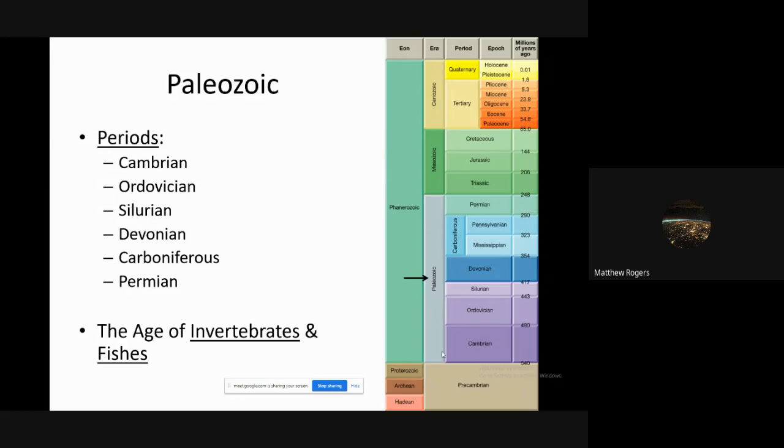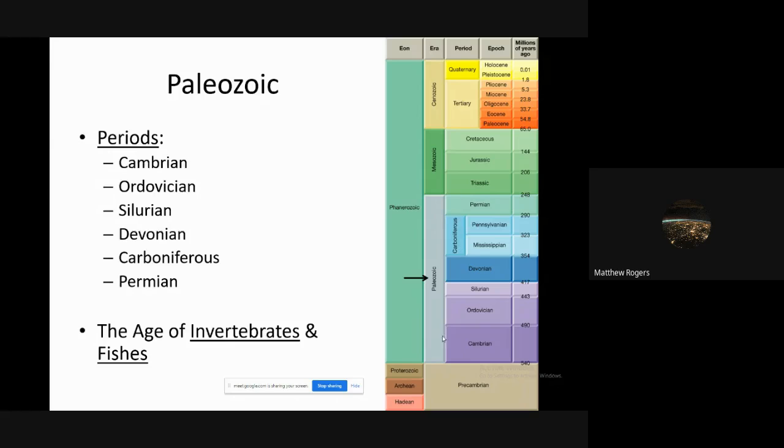And so the Paleozoic era, if you take a look right here on the side, goes from the Cambrian, which we've been focusing a lot about this time period the last couple of days, this Cambrian explosion idea. Last week we talked a lot about the pre-Cambrian, but Paleozoic goes from the Cambrian period to the Permian, at the end of the Permian. And so this is the Great Dying here. So this whole section right here is Paleozoic.